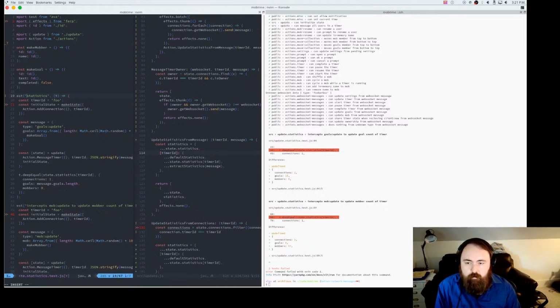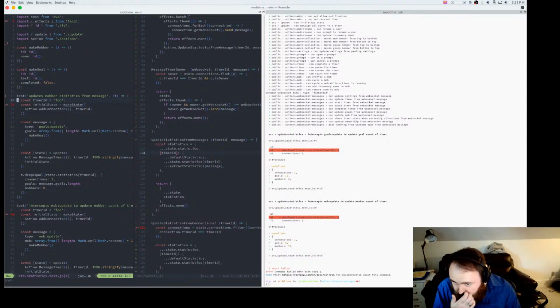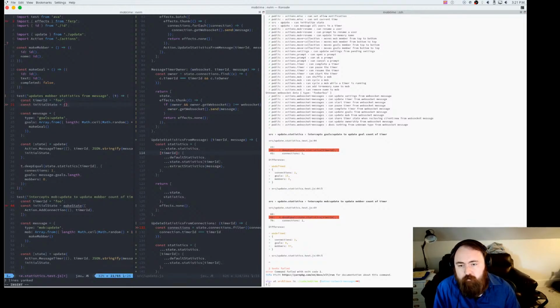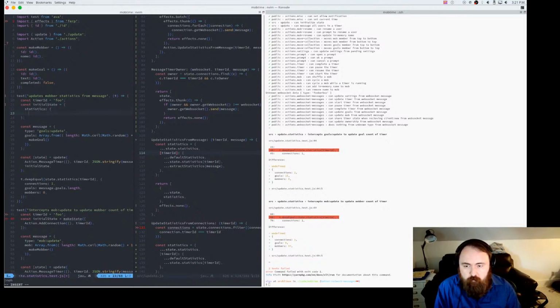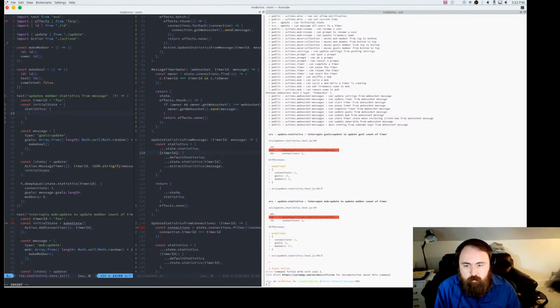I guess test it updates mobber statistics from message. I think there'll be a couple of these. And we know the timer ID, which is going to be timer ID.